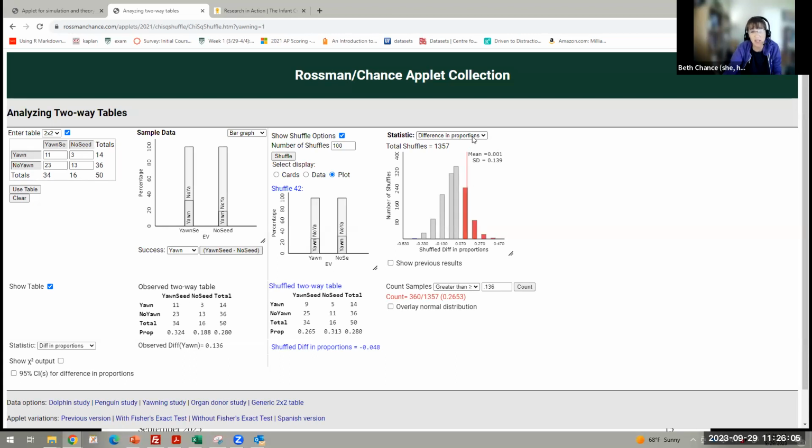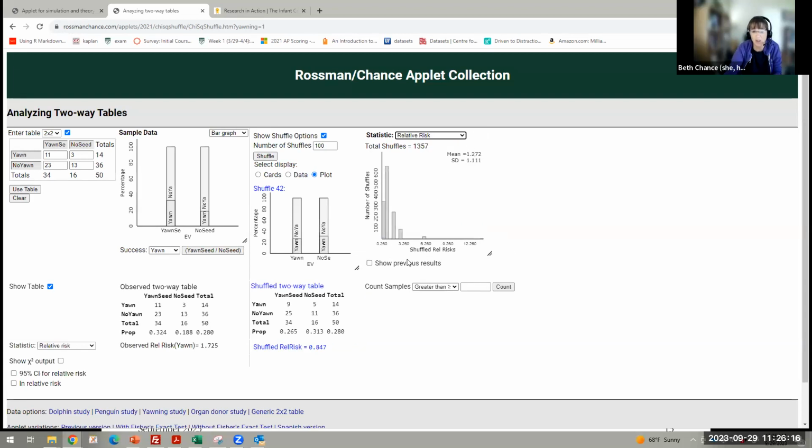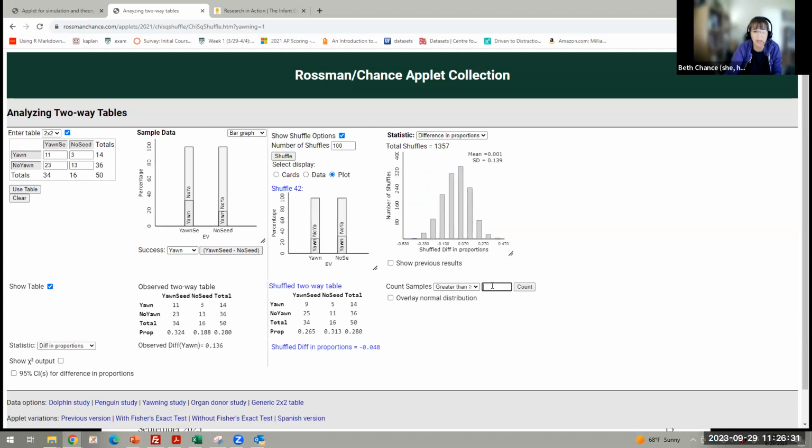If you do want to change the statistic, you could look at relative risk. I might ask students to predict what that distribution is going to look like first, and then think about what they need to do differently now that they've gone to relative risk. So here the relative risk is 1.725, so I need to put that number in here. But you should see that that p-value is not changing, right? So let me go back to point. If I don't change the simulation, I just change the statistic, but I update everything to match,